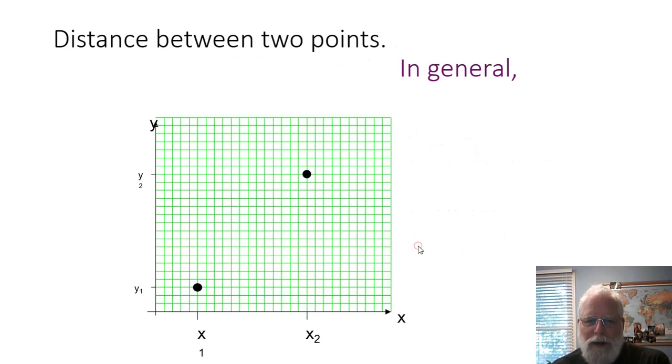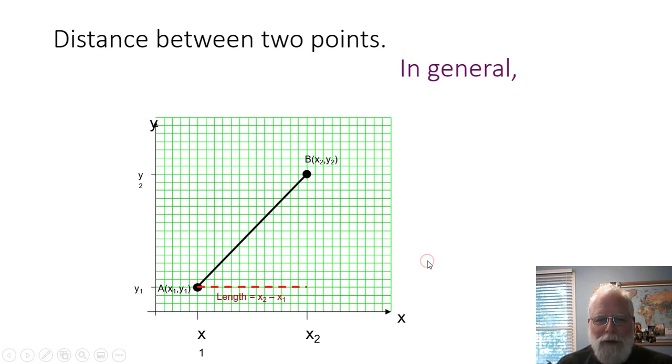Now, let's take a look and see how we can make a formula out of this. If I don't use numbers for points and all I do is use x's and y's, well, I do exactly the same thing and set up my right triangle. In this case, to find the length here, I'm going to subtract x2 minus x1. And then if I want to find the length of this leg, what I'm going to do is subtract y2 minus y1. Well, if I set that up, it's going to look like this. y2 minus y1 squared, x2 minus x1 squared, and then it's going to equal the length squared,